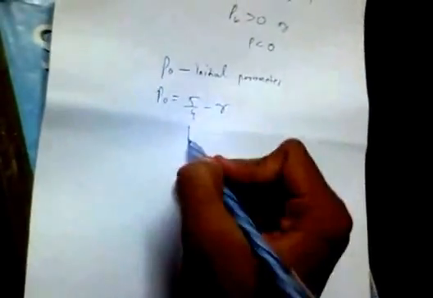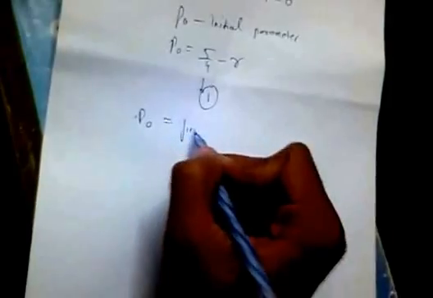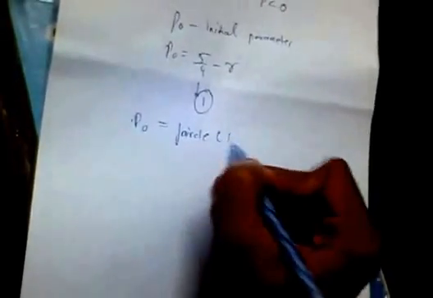That is what initially pk is, and p naught is given by 5 by 4 minus r, and sometimes we take it as 1 for simple calculations. So obviously p naught is nothing else, that is f circle at 1 and r minus half. At this point it's p naught.